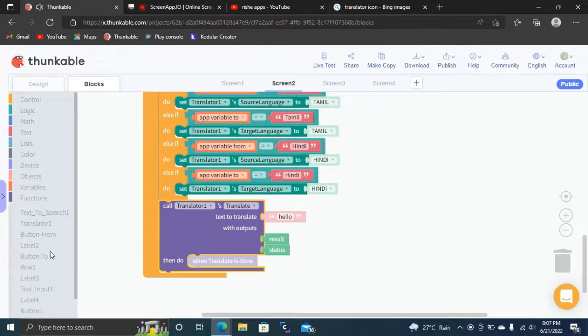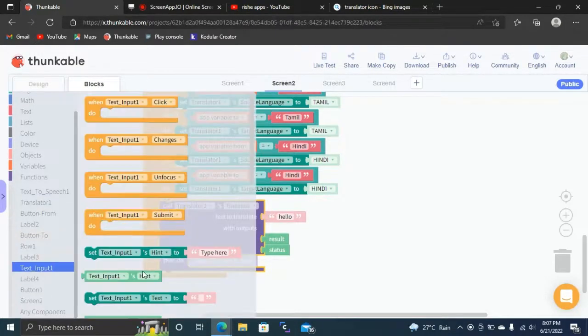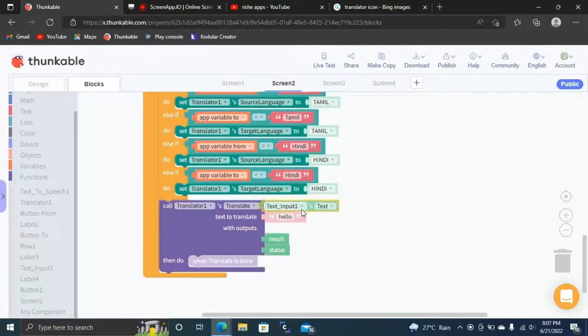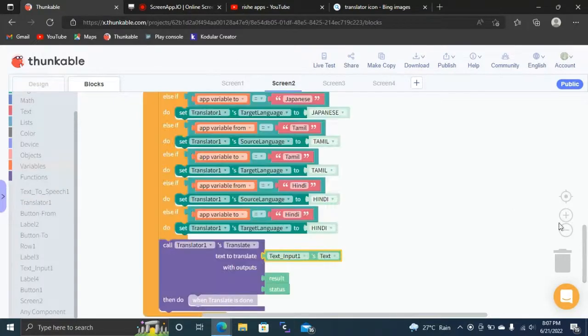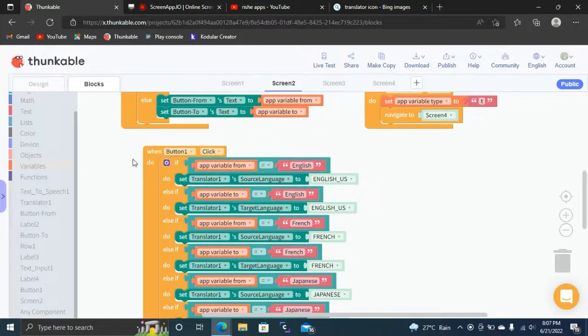So the word is going to be this text input. Okay, so this text input is going to be this translation, and we are going to get the result. Then what we're going to do next is speak the result. So first of all, we are going to translate it and store that result in one variable,